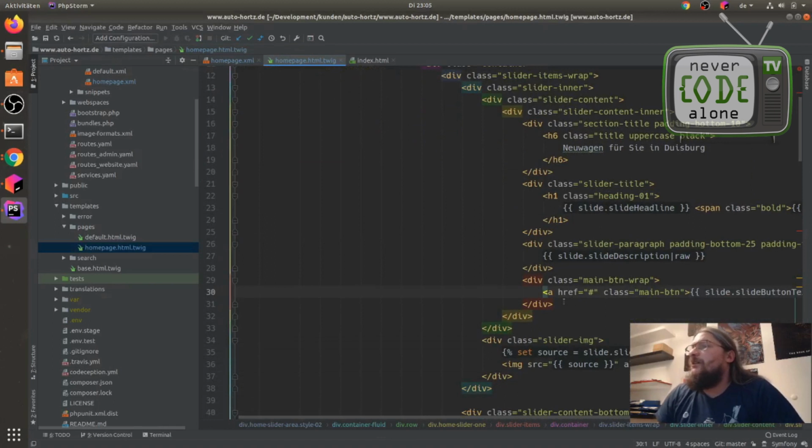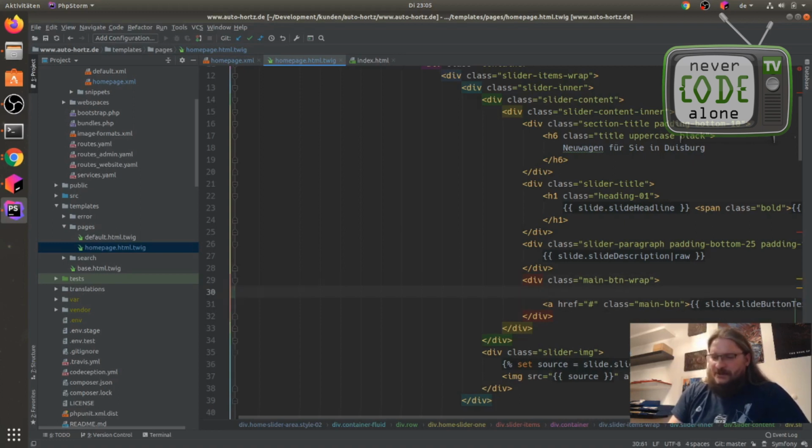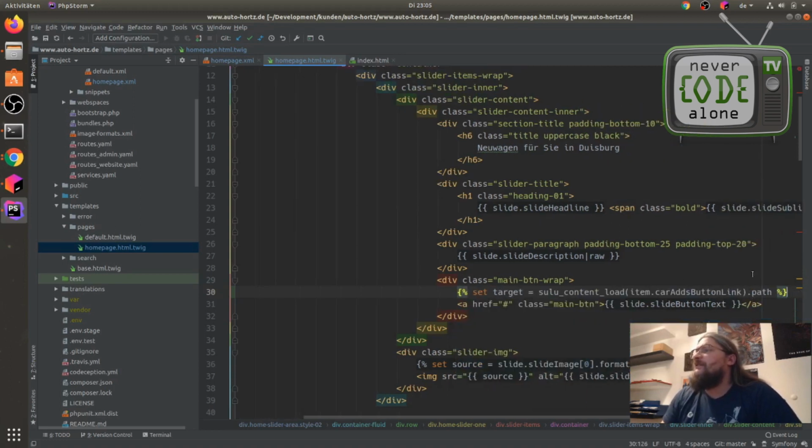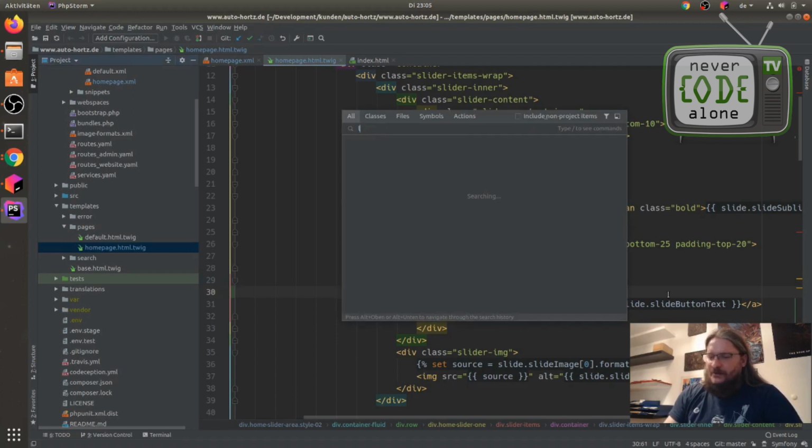So now we have here our link from our slider, and now we can say, okay, please give me this Twig Zulu set target content load from path, and I can say here that my variable is not set right. So let's fix this in the live templates.